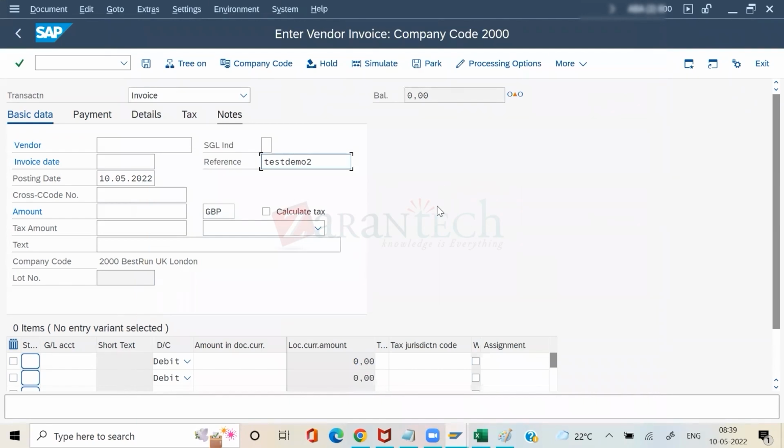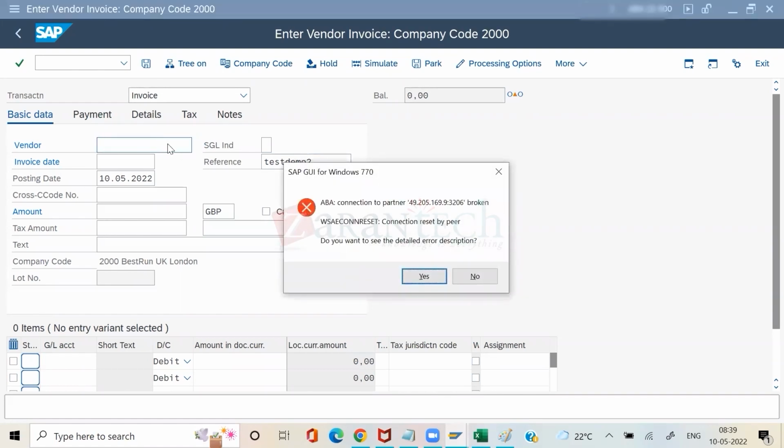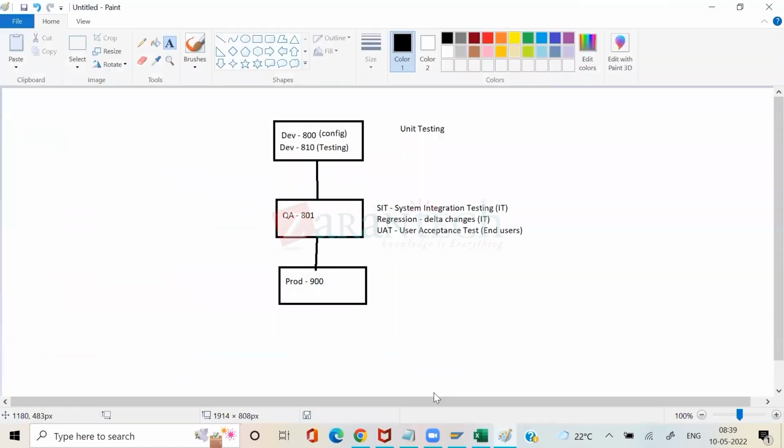All right. Okay. So these are the navigation options we have in SAP, and once you start practicing, you will get to know so many other options. Okay, so if I am trying to enter this one again,